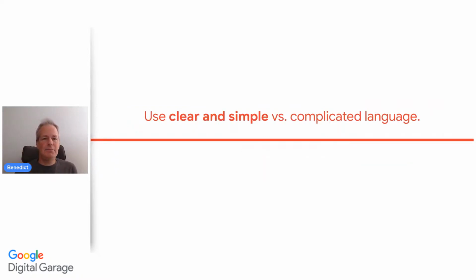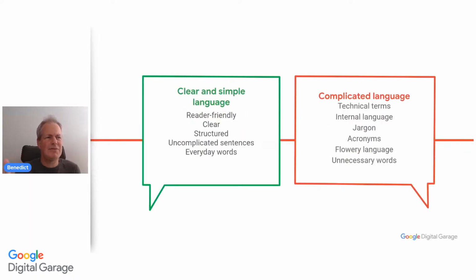Use clear and simple versus complicated language, okay? Or what's often called jargon. So clear and simple versus complicated language. Now, I've worked with one of the top 3 consultancy companies, and what is quite interesting, sometimes they would say something to me and I go, I'm so sorry, what did you just say? And then they go, oh, sorry, that's our internal language. And there's internal language, and you've got to be aware of these things. You've got to make sure that it's the way that people speak and they understand and everything that's clear and simple. So let me just give you some examples.